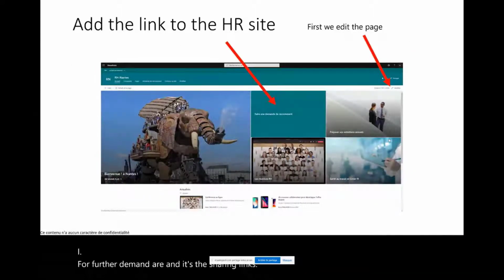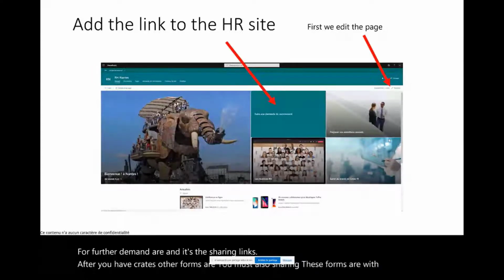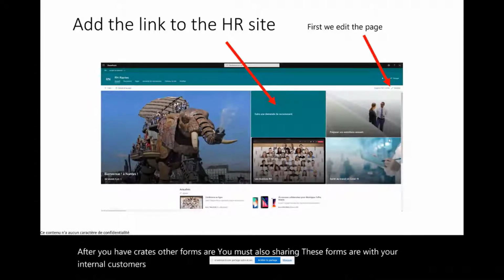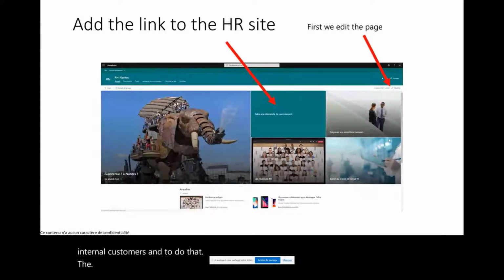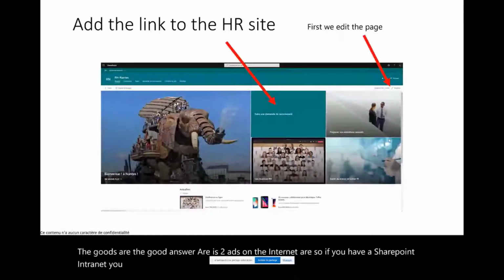After you have created the form, you must also share it with your internal customers. To do that, the good answer is to add it on the intranet. If you have a SharePoint intranet, you can do that easily.